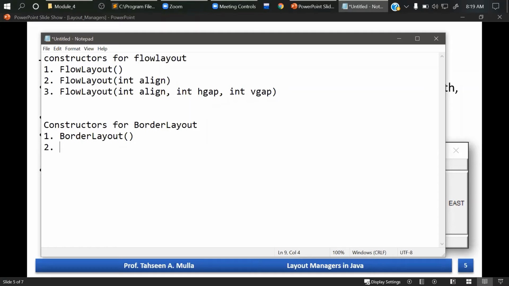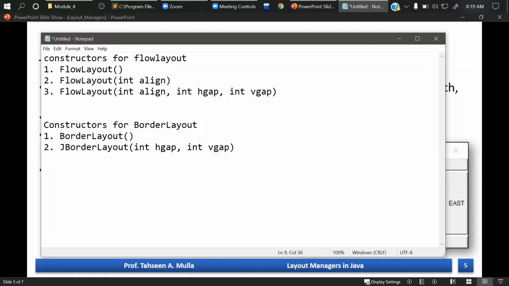Second constructor we have is JBorderLayout, which is supported by Swing. Here you will have the horizontal gap and the vertical gap, that is int hgap and int vgap.